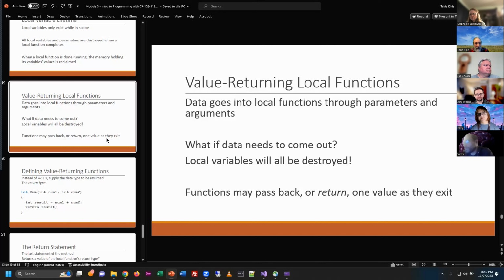All right, so let's read about this one. This one says value returning local function. When data goes into local functions through parameters and arguments, like we will send it in, right? We've learned the difference now between a parameter and an argument, stuff inside the parentheses. But if we need to pull data out from that function and the local variables are destroyed, what happens then? We didn't talk about that scenario. Well, there is